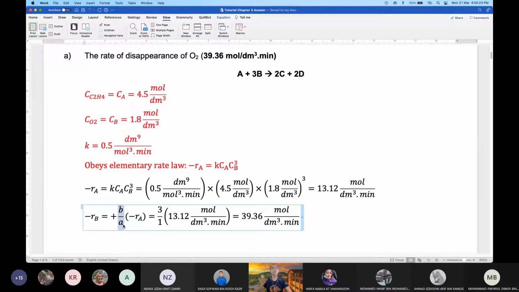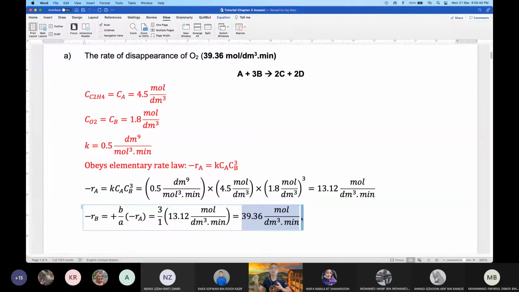So the stoichiometric coefficient of B was 3. The stoichiometric coefficient of A was 1. So you multiply 3 over 1, multiply with your minus RA. Minus RA yang tadi kita kira tu. You multiply, you get the rate of disappearance of B as